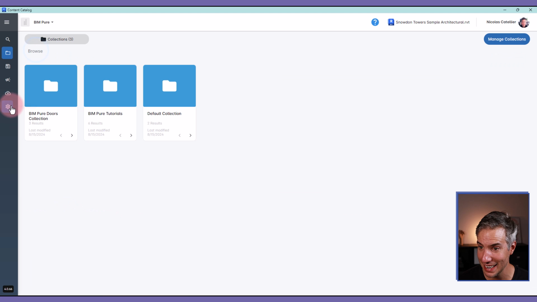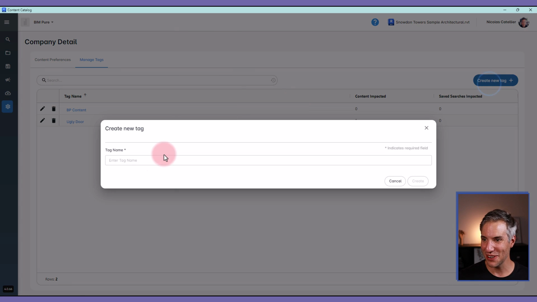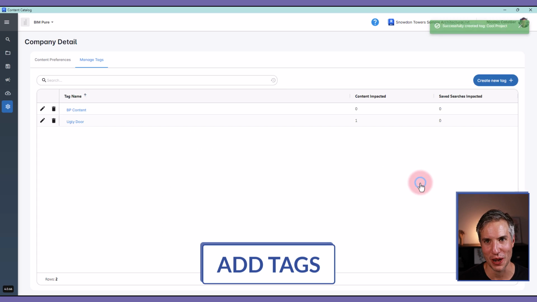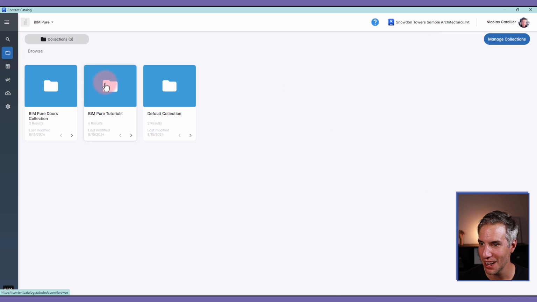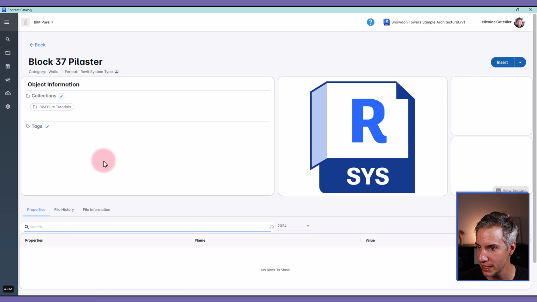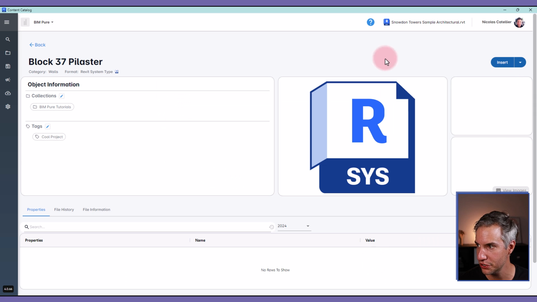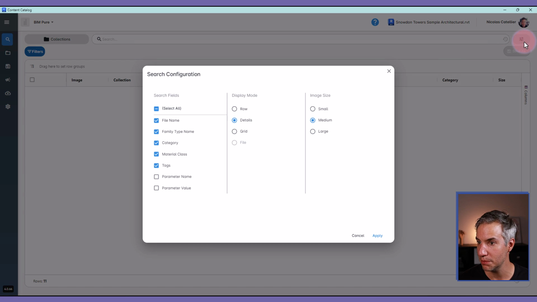in this part. Something else that you can do is you can add some tags. So let's create a new tag and say, cool project. So obviously try to create tags with proper names. This is just for the tutorial, so I'm just picking whatever comes into my mind. So let's go back to the wall and say this one, I want to add this cool project tag that I've just created. And now what's nice, if I go to search, for example, I can